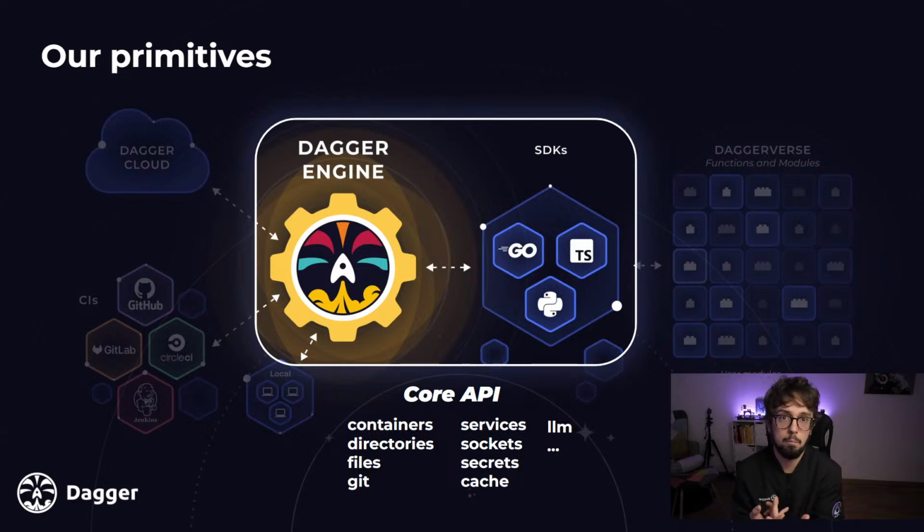You need some primitives, and these primitives are directories and files. Then there are other more sophisticated primitives, for instance, Git. You want to import code from Git. And also, once you have your containers running, you want them to communicate with each other, right? Usually it happens like that. So you have services, sockets, secrets, and